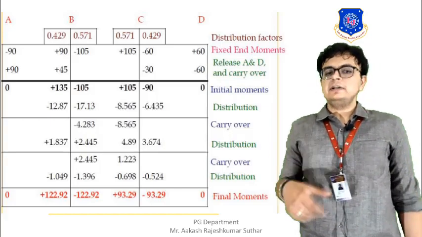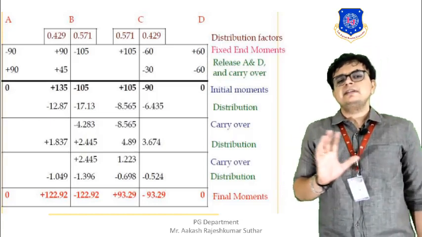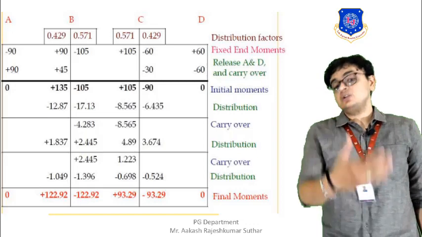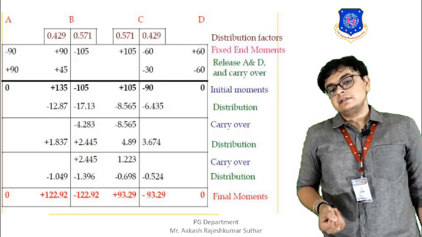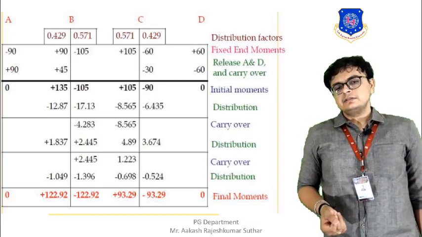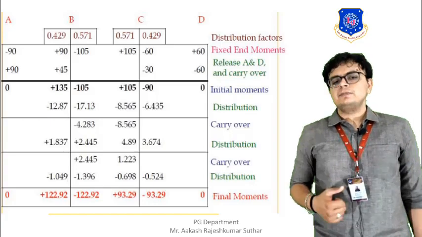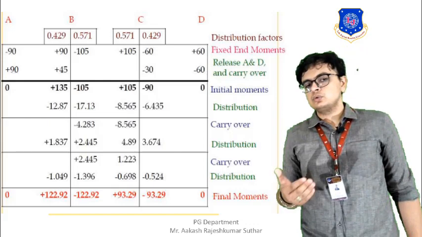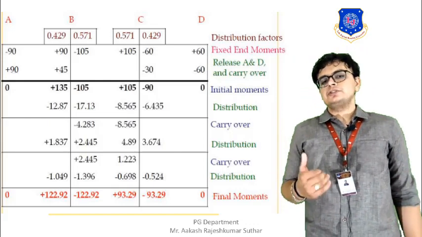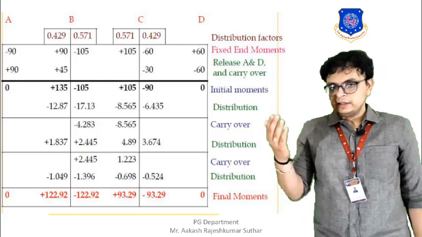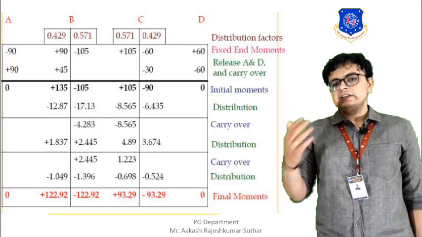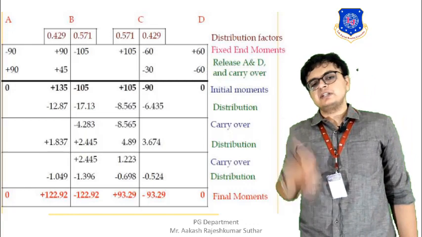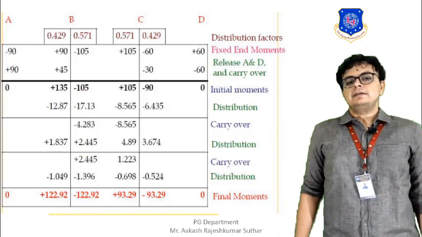So ultimately we can say that the bending moment at the ends will be zero, since in actuality there is a hinge joint, so that is not fixed. Definitely there will not be any moment there. So minus 90 from A will be transferred to BA, that is positive, and the fixed end moment at D will be transferred to CD, and that is minus 30. You can see the figure beside.